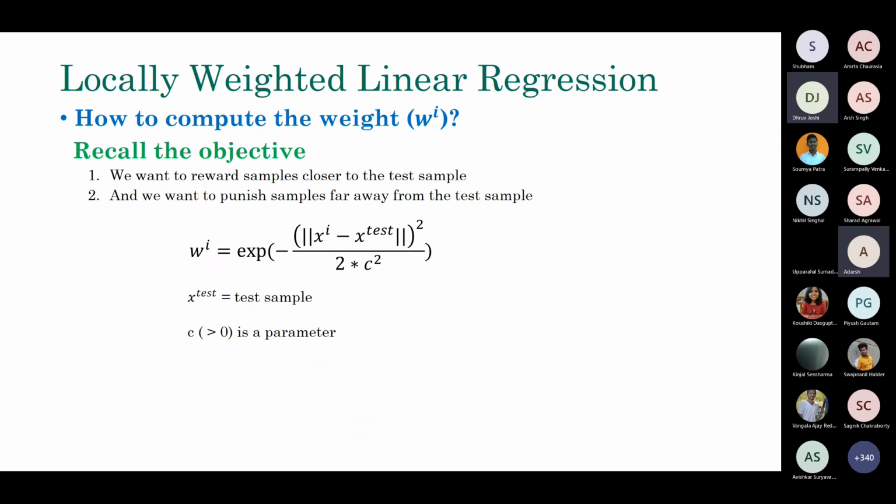And sir, how will we get this scaling parameter? Well, C is a hyperparameter, and there is no good recommendation on how to choose it apart from doing some kind of cross validation on the data to figure out a good value. And if it is a constant, why do we have C square? This is just the nature of this Gaussian function, the radial basis function, but you can replace C square by something else.